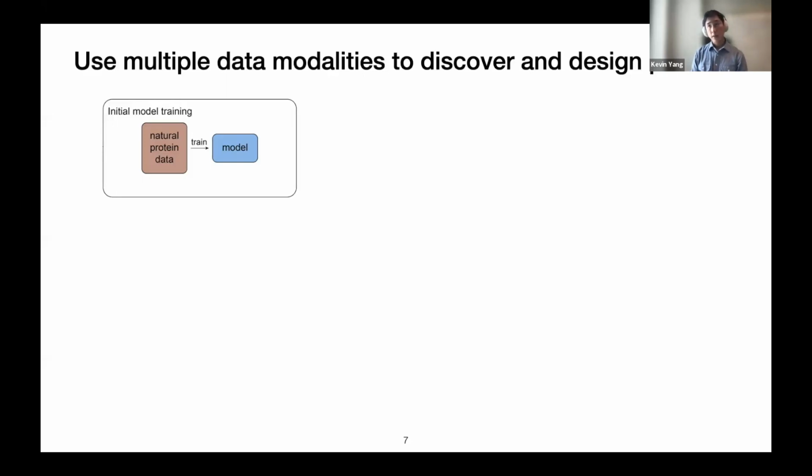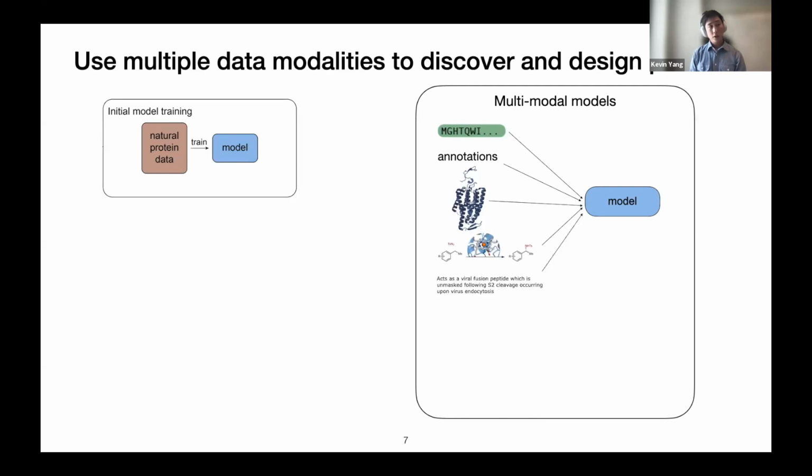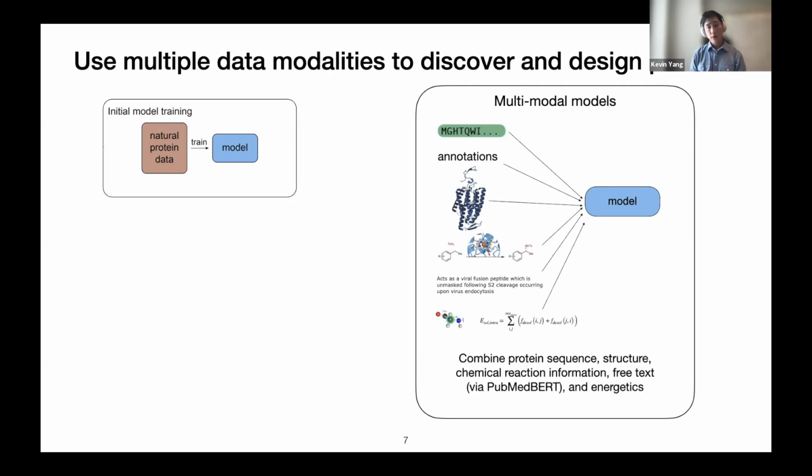We want to train some initial model. And these models can be multimodal. So the simplest thing you can use is obviously the protein sequence, the sequence of amino acids. But there are also things like annotations, functional annotations, or species annotations, etc. Many times we can get an experimental structure or a predicted structure. You might have some chemistry information. You might have some free text descriptions. You might be able to get some energetic information, etc. So we're going to combine some subset of these